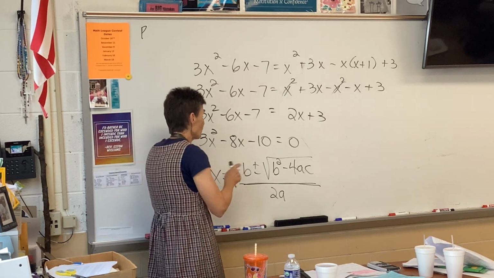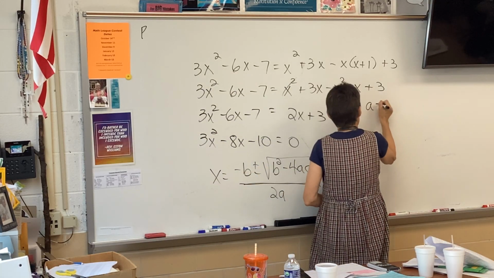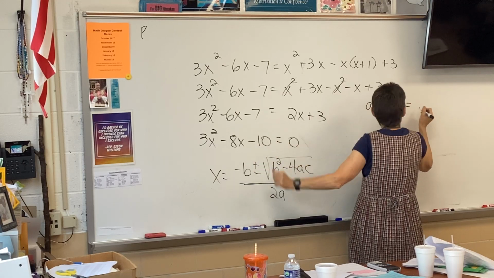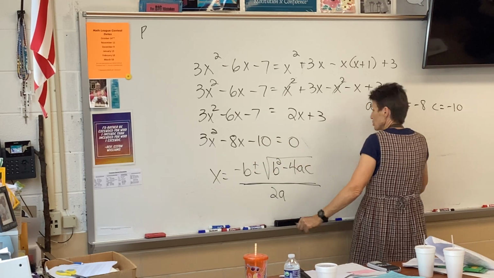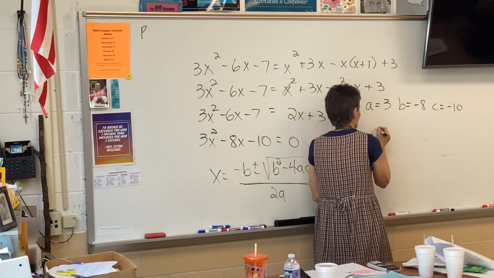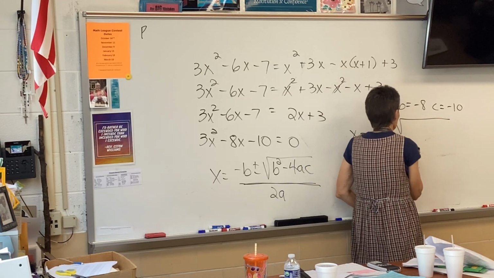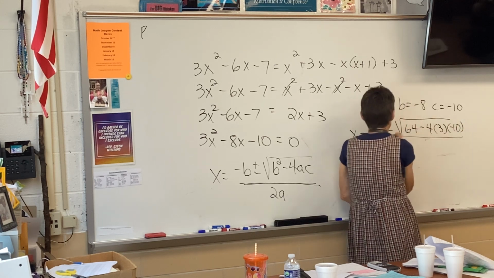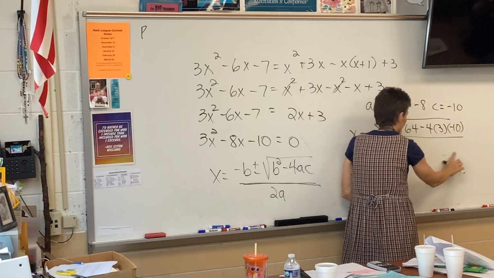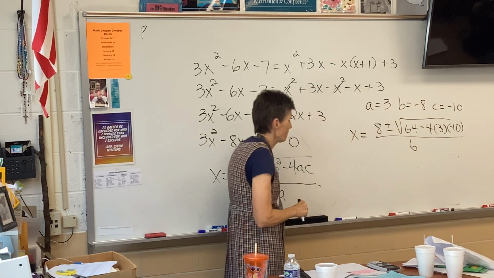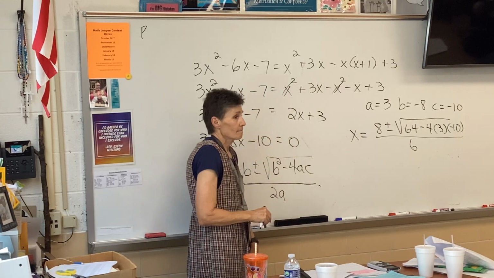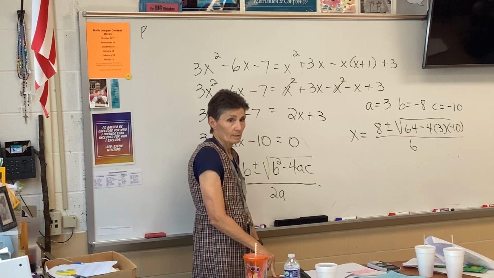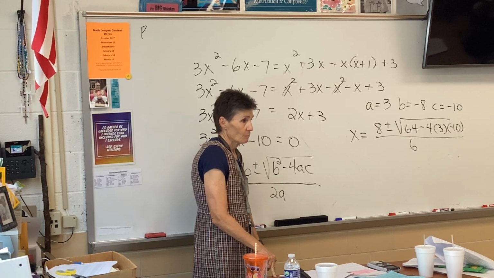All right, in our problem, what's A? 3. What's B? And C. Here we go. Should be easy. X equals 8 plus or minus the square root of 64 minus 4ac, all over 6. Is that all right? Okay, now